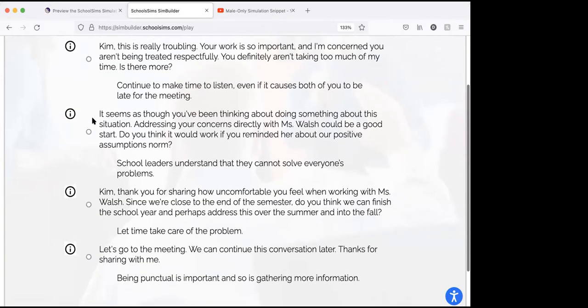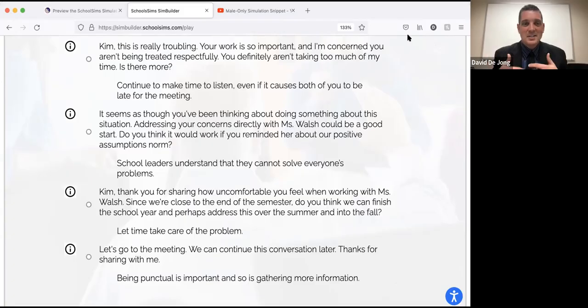Number 1, we always wanted to try and encourage our staff members to address the issues that they have and try and solve the problems on their own. The other thing that I said to our group was, the only thing that I would have added would have been a very simple question. Would you feel more comfortable if an admin sat in with you? You also offered some support, but you also were encouraging her to try and address the situation on her own. Great. That's a great thing to talk about.